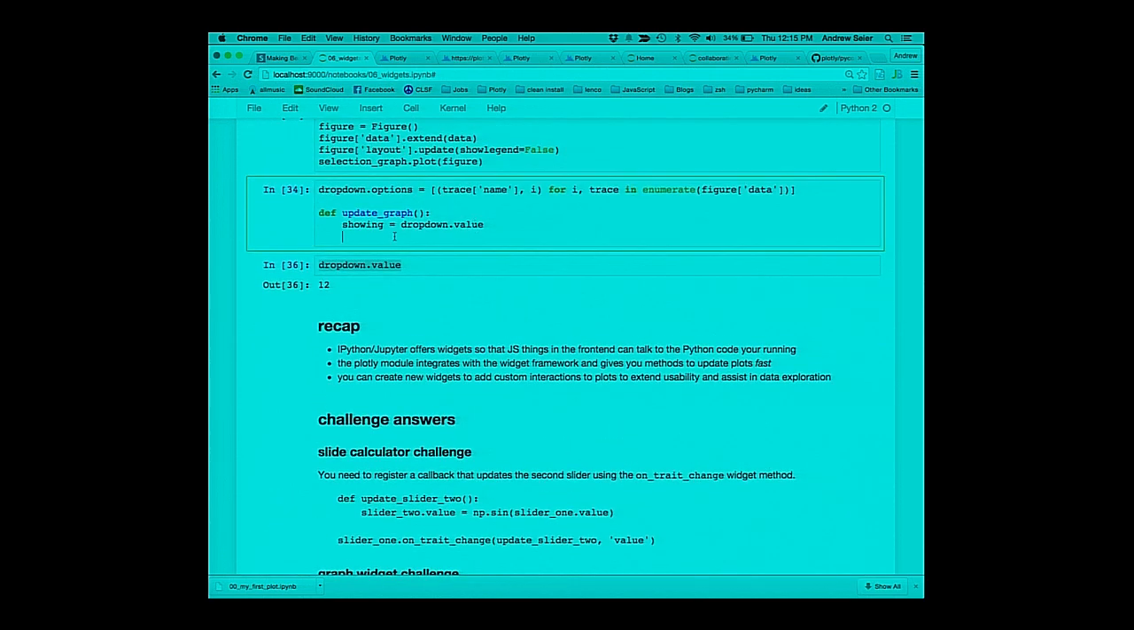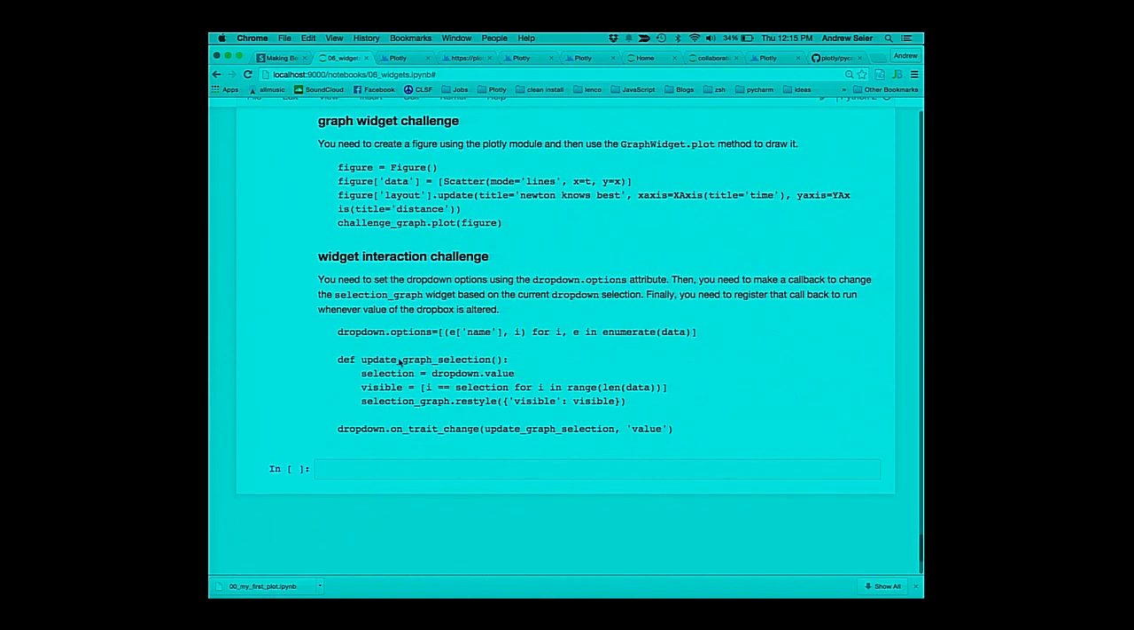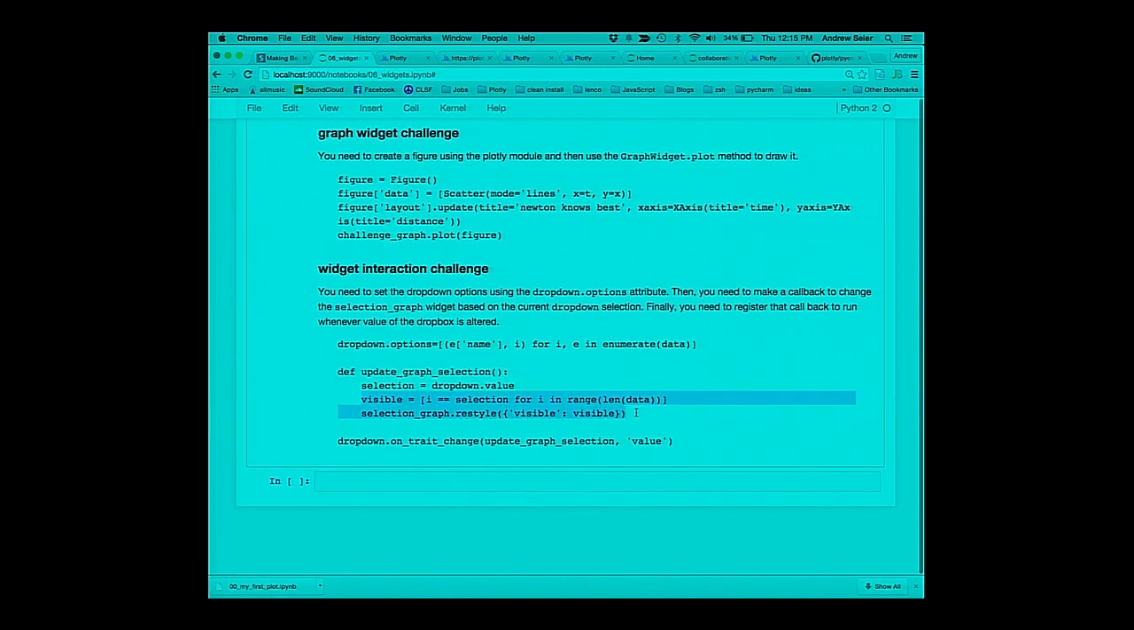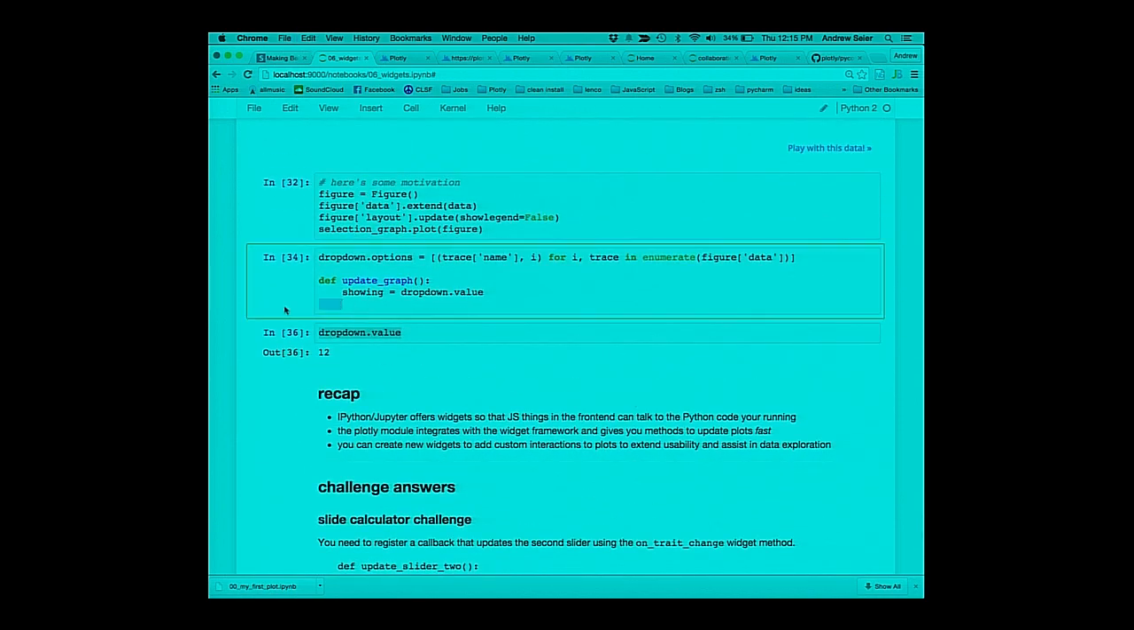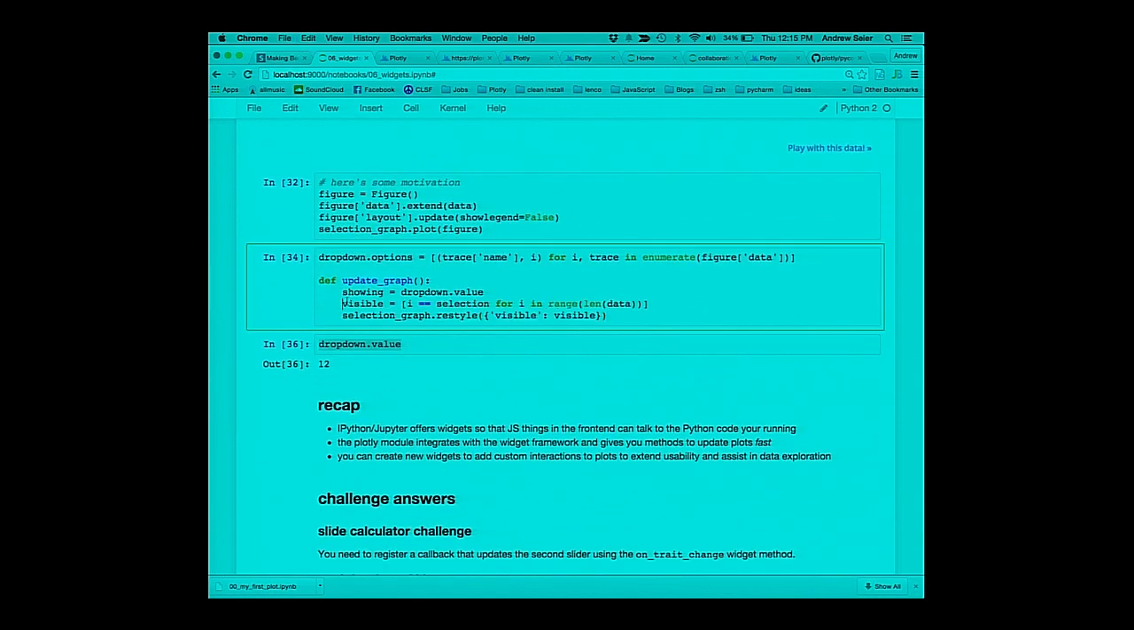Oh, okay, I use restyle. This is tricky. In this one, I'm going to use restyle, which instead of doing a full idempotent plot, you can actually just update these things. So I'm just going to save myself the typing, and I'll explain what this is. What I'm doing here is basically making a bunch of booleans that says if i is equal to showing, for i in range len data,